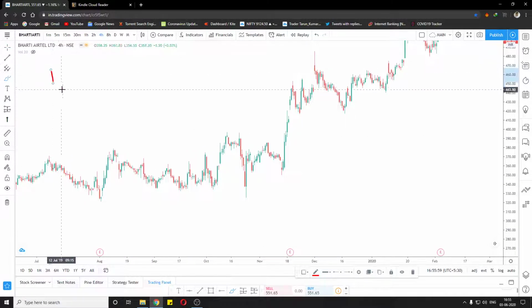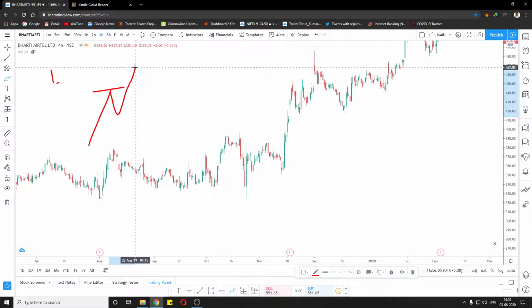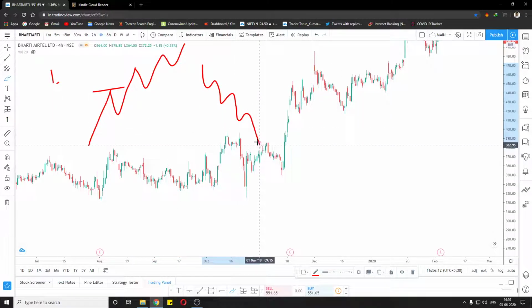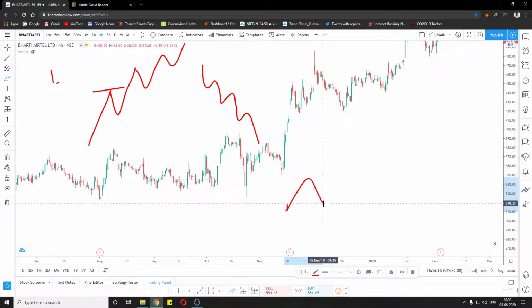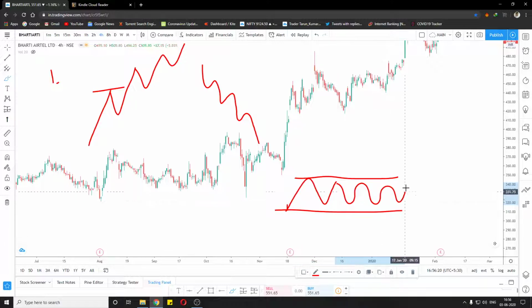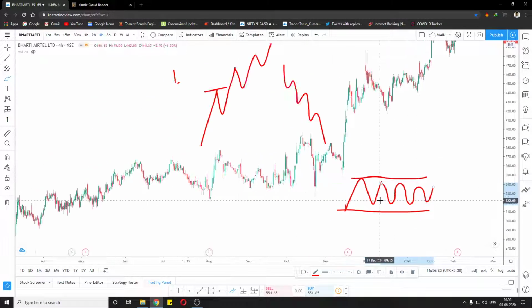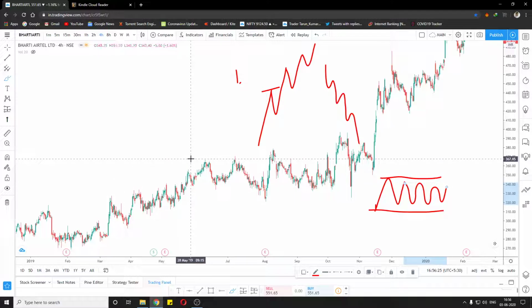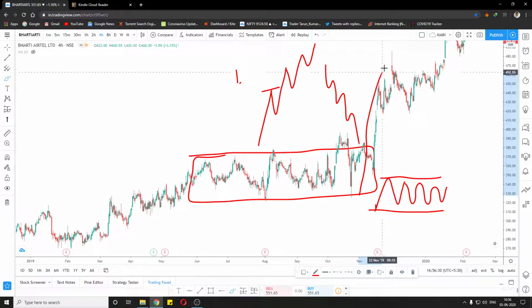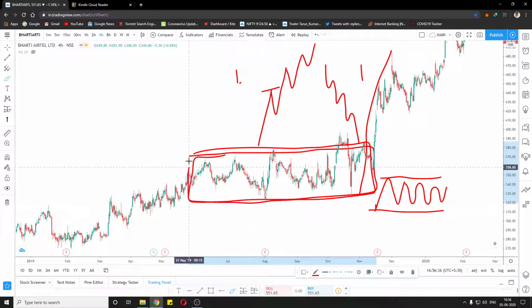And we talked about an uptrend. An uptrend is when we make higher highs and higher lows. A downtrend is when we make lower lows and lower highs. And a sideways market is when we are stuck between a support and a resistance and we are moving within it, which is where the market spends most of its time. So if we see in this example, this is basically a sideways market, and all this up move happened in 1 or 2 days, and we were just stuck in the sideways market for most of the time.